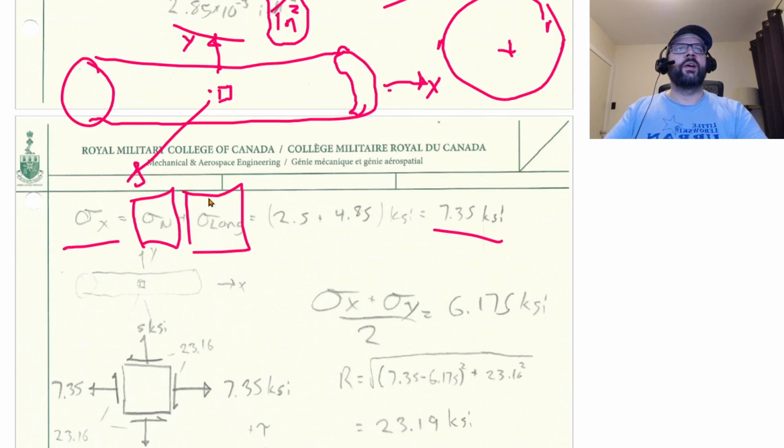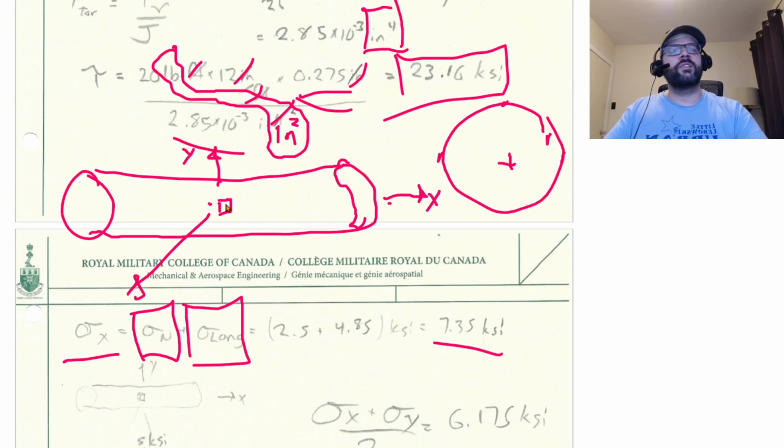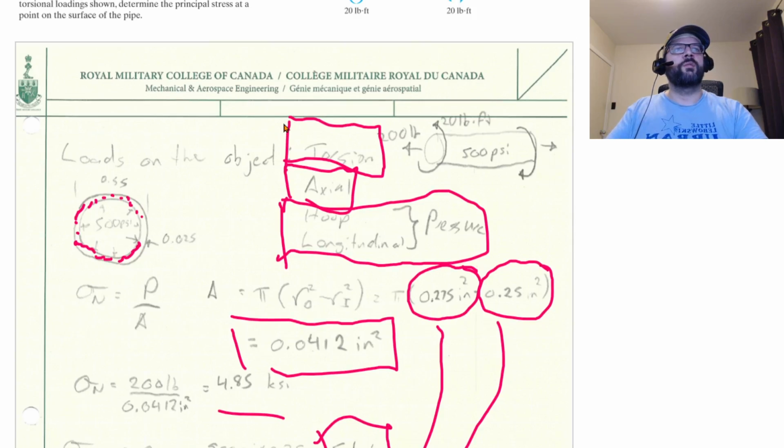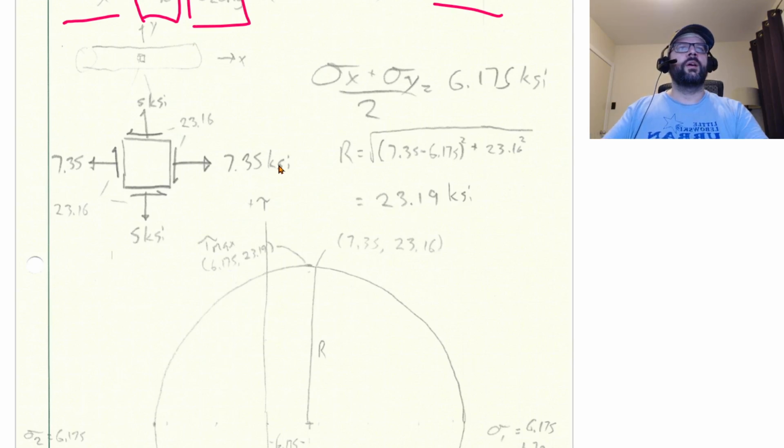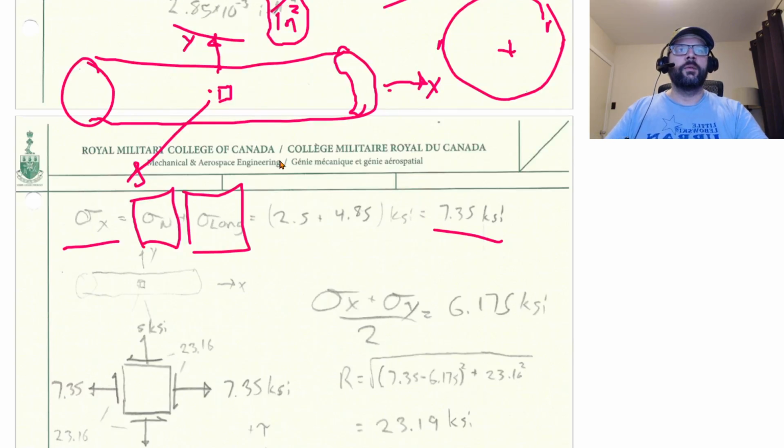And then we have the shear stress. The directionality of the shear stress is going to be based upon how this is twisting. So again, if we look at a little cube in the center there, we're applying a twist this way,